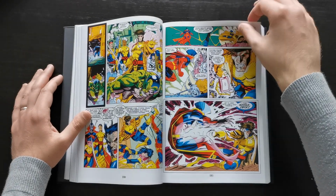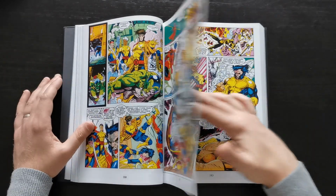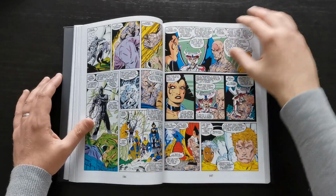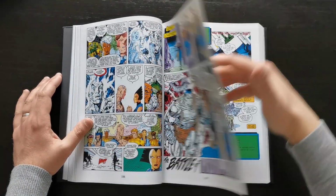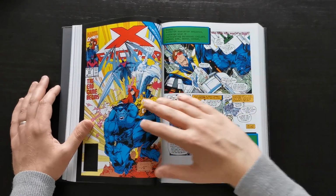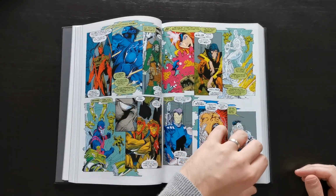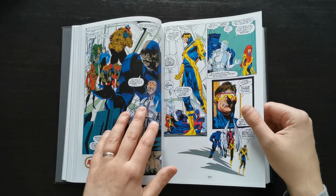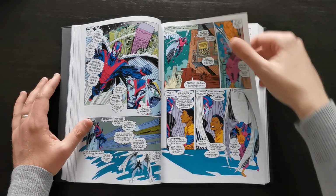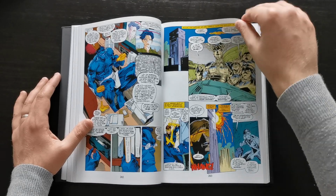Also, minor point really, but I really like that in this storyline the X-Men are all wearing these yellow and blue uniforms. They just look cool. They've got a really classic look. It almost reminds me of the animated series of X-Men, even though in that series they wore different outfits. But it's just got that look to it. I suppose because the animated series was, I think, largely based off the visual style that Jim Lee established. But anyway, meanwhile, over here we've got X Factor end up going toe-to-toe with Apocalypse